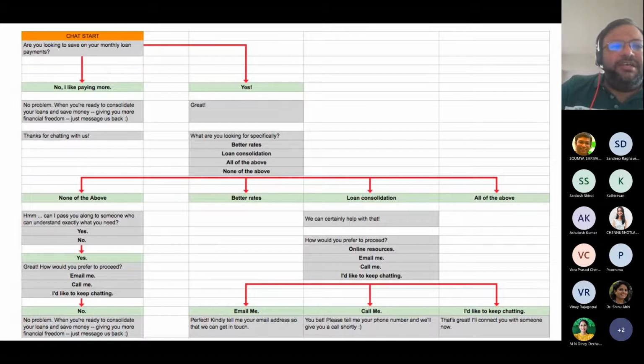So you see the first menu ended here, first path, right? This yes continues. What are you looking for specifically? Now again, it is a menu. Better rates, loan consolidation, all of the above, none of the above. Again, it ends. Can you pass along? Now they are asking, if they have given one intent here, they want to ask this question, but they're not finding it in our options.